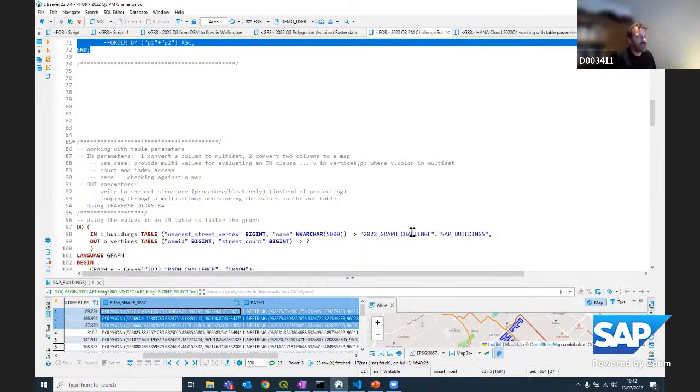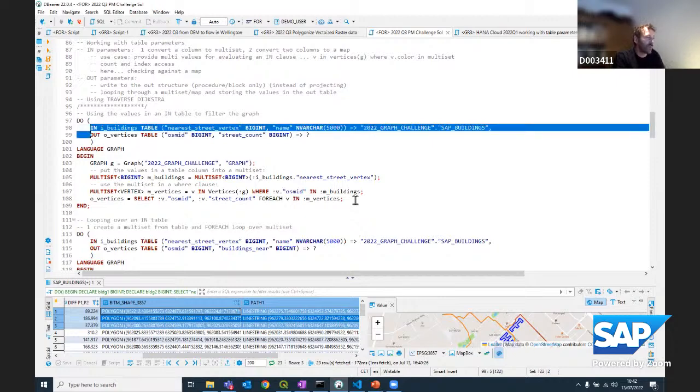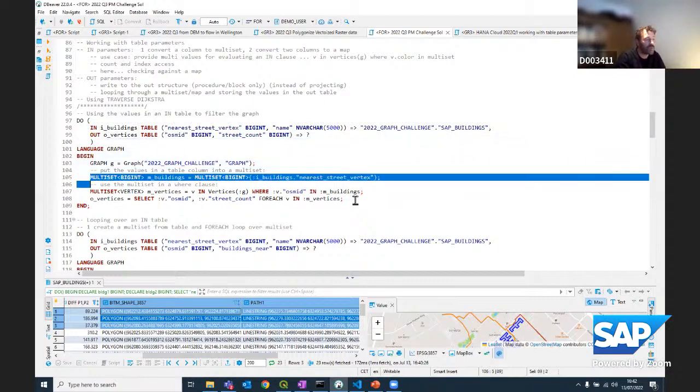The first concept is how to deal with table parameters in the GraphScript language. So remember, my procedure, one of the input parameters was the set of potential coffee machines, the set of potential meeting places. So the buildings table, so to say. You can use a table structure as input parameter, and there are a couple of things that you might want to do in GraphScript, having multiple values in a table. And one of the things that you might want to do is simply converting that table into a container data type in GraphScript, which we call a multiset. It's just an unordered set of